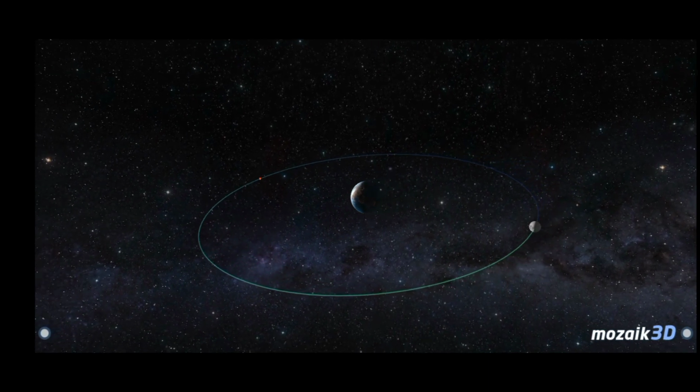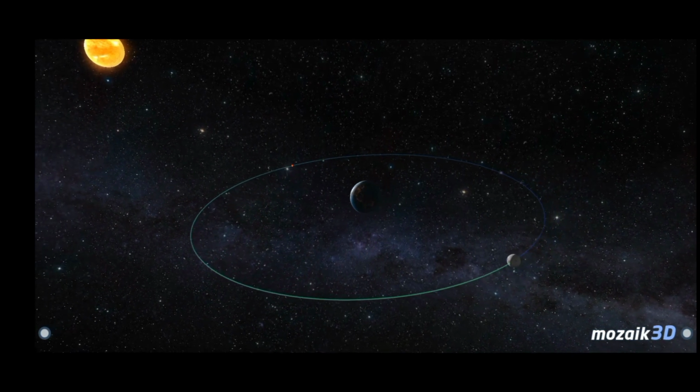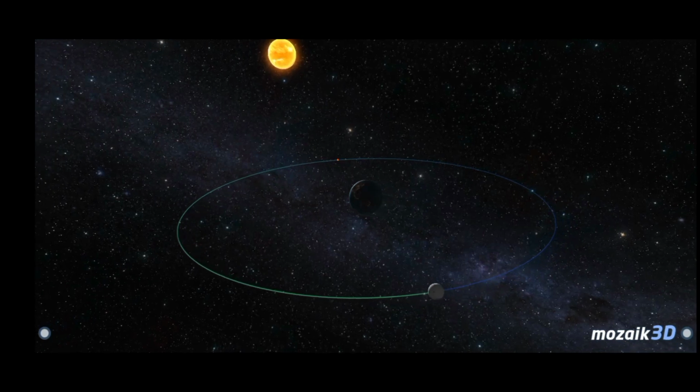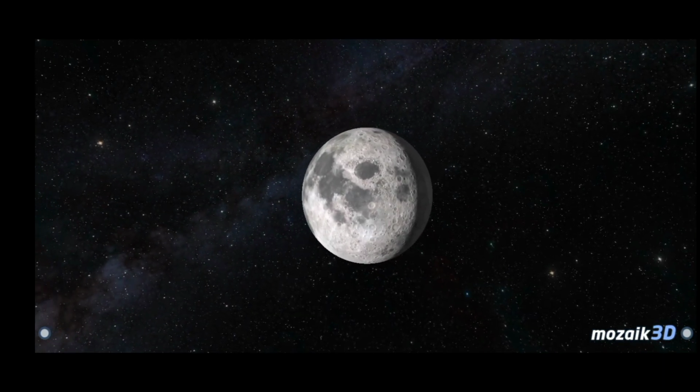The high tides caused by the Moon's gravity have an effect on the Moon as well. As a result, the Moon is slowly moving away from the Earth. Its orbit is expanding by 4 centimeters every year. Within the Apollo program,